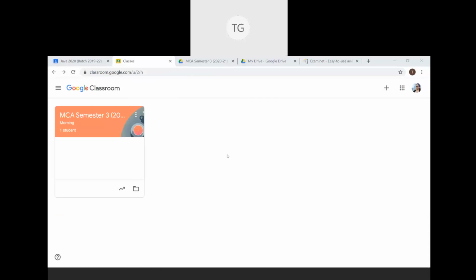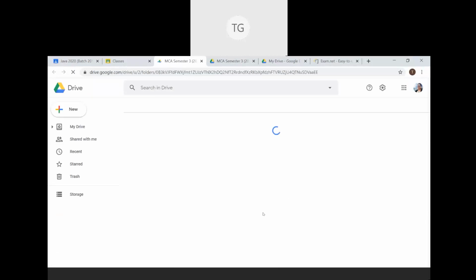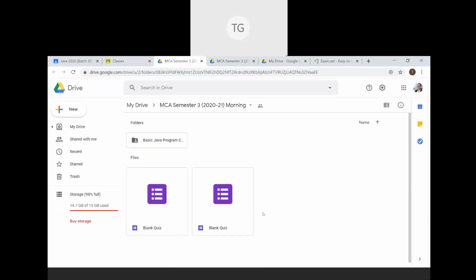So the drive thing is, ma'am, as I said, all the data that you have on Google Classroom is stored on your drive associated to your email ID. So you can see here the drive is accessible in this icon. So if you click on Google Classroom, the landing page, and click on this folder, it will lead you to a Google Drive, which will have all resources that you have set up for your class.